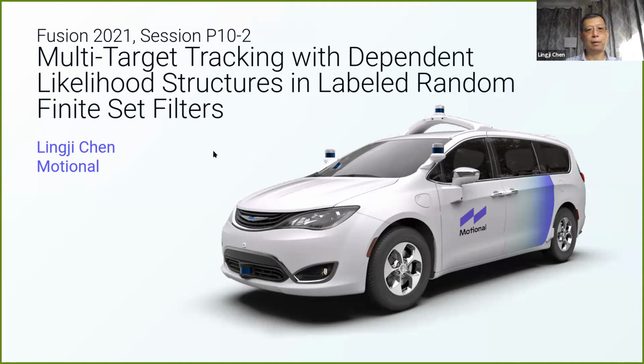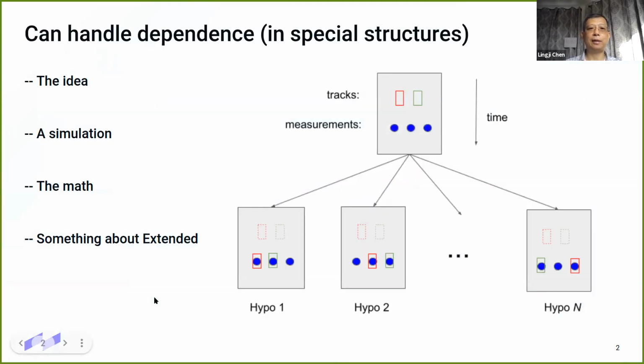Today, I'm going to talk about how we can handle dependence for certain special likelihood structures. The dependence issue is sometimes quite important when we try to decide the data association problem. Here, I have a cartoon drawing. On the top part, I have two previous tracks, and then a new frame of measurements comes, denoted by 3 dots. In determining the measurement to track association, because of the uncertainty in tracks and uncertainty in measurements,